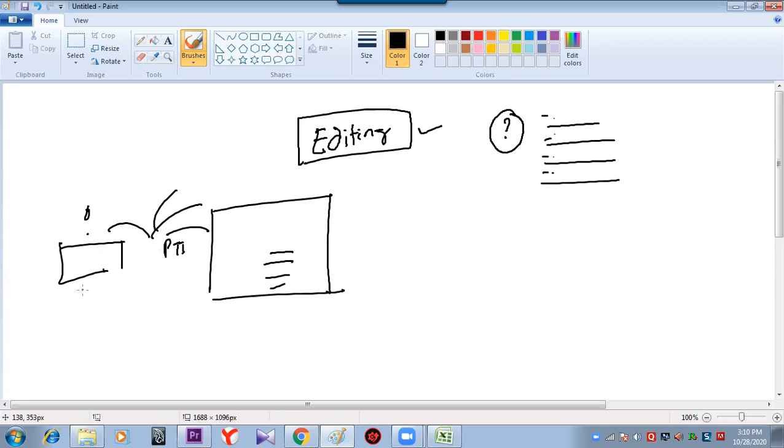Let us take an example. It could be any example, but I'm just taking a case. In 2013, a bomb blast happened in Dilsukh Nagar. So just taking a live case: Dilsukh Nagar, 6 p.m., bomb blast, 5 casualties.